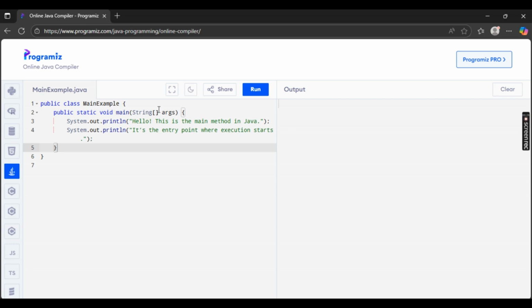Let's break it down. Public means it's accessible from anywhere, as you can see, public right here. It's about visibility, so if you keep it private, it will become private. Static means it belongs to the class and can be called without creating an object. Void means it doesn't return anything, and main is the method name. String args is an array of strings for command line